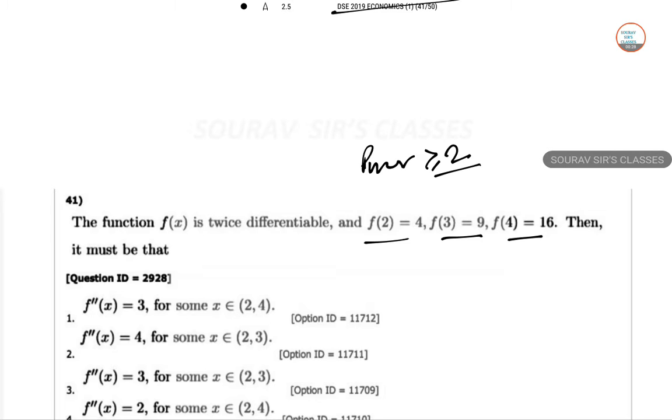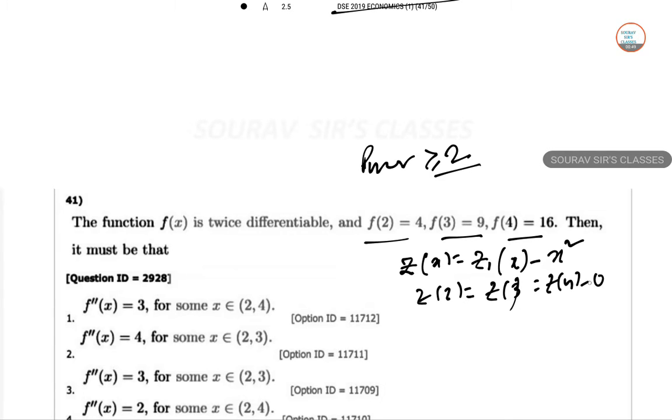Now if we take the function in a way that, let z(x) equal to f(x) minus 2 times the difference, so I'm taking the minimum one, x square. So z(2) equal to z(3) equal to z(4) equal to 0. So by Lagrange's mean value